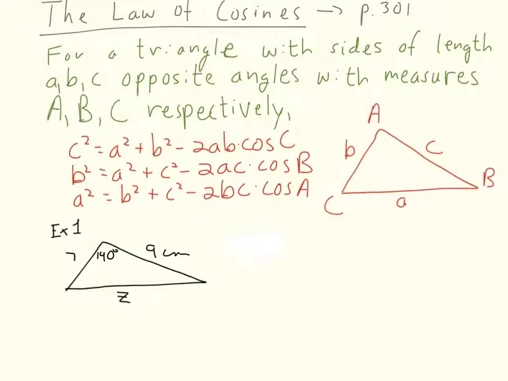So that means we need at least 2 side lengths to be given to be able to use the law of cosines. And then perhaps we might be given one of the angles, or given the third side length. So if we look back at example 1, we can see there we were given the SAS situation. And the law of cosines is just really well suited to deal with this situation, right? Where you're given 2 side lengths and the angle between them,